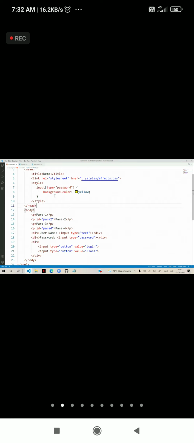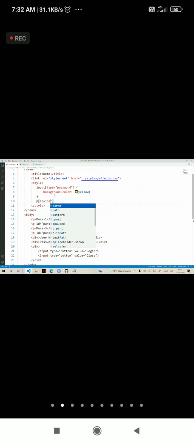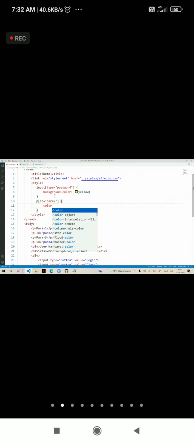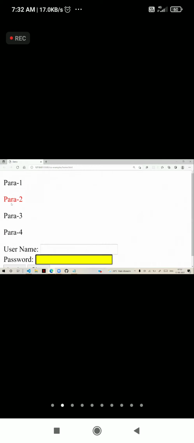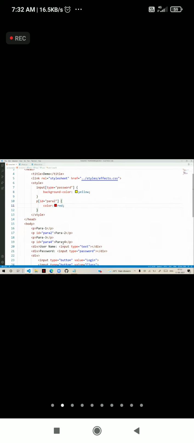Now if I write P ID is equal to para 2, suppose color red, it will apply only to the second paragraph. And you can see it is applying only to the second paragraph. But I want to apply to the second and fourth paragraph.